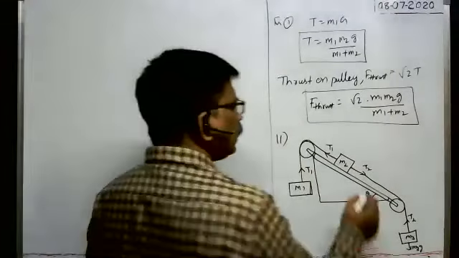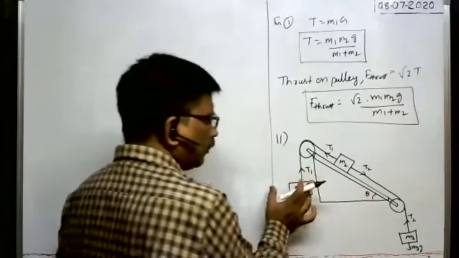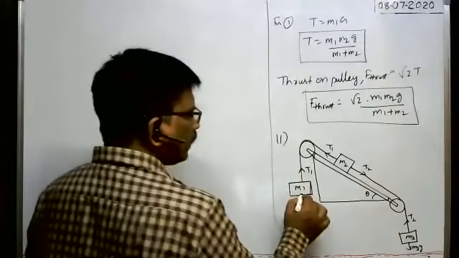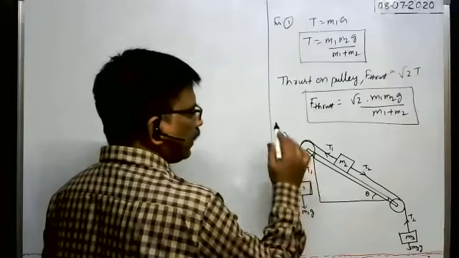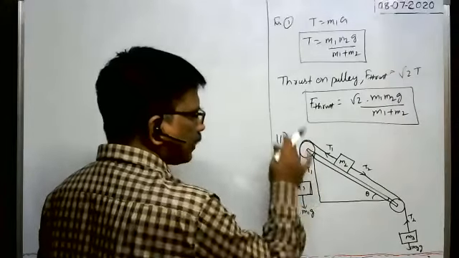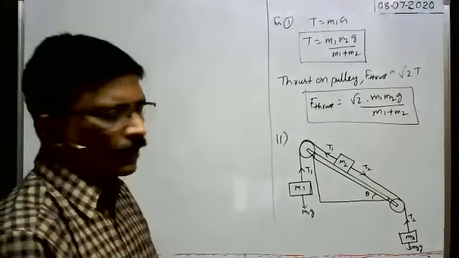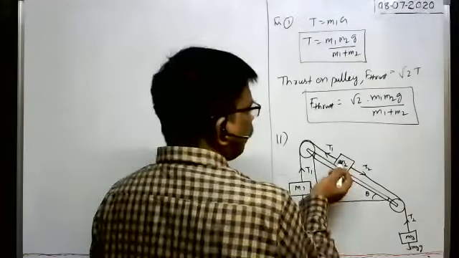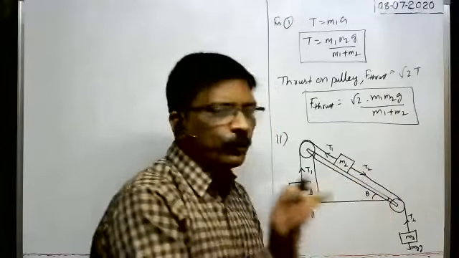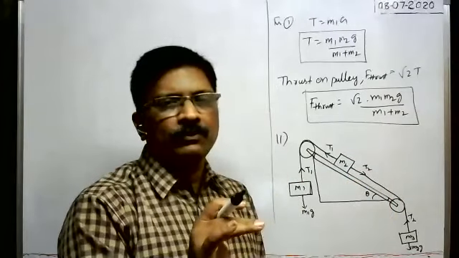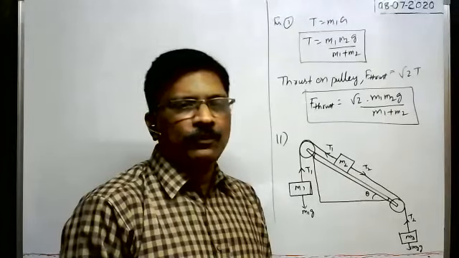Now you see, whenever this block is kept like this, what are the forces acting on the block? First block we have to say. M1g weight acts vertically downwards, and the tension T1 acts vertically upward. These are the only forces acting on the block along the vertical direction. Of course, along the horizontal direction there are no forces. Next, on this block, T1 acts in this direction, T2 acts in this direction, and along the direction of motion of the blocks only we have to consider the forces.